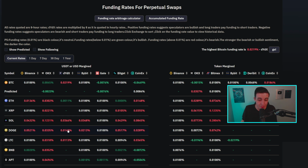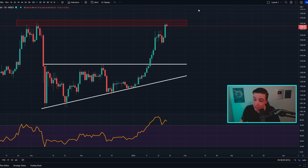So just keep that in mind. I wouldn't be surprised if we see a bit of a cool-off, or at least a consolidation or slight pullback, in some of these altcoins that have much higher funding rates. But anyway, now getting into the Ethereum part of this video, this right here is the daily ETH to US dollar chart,